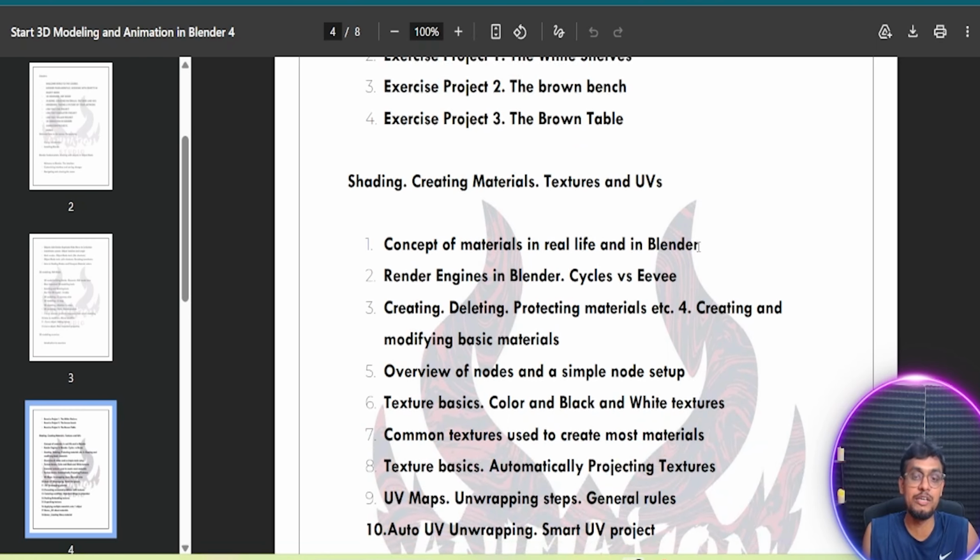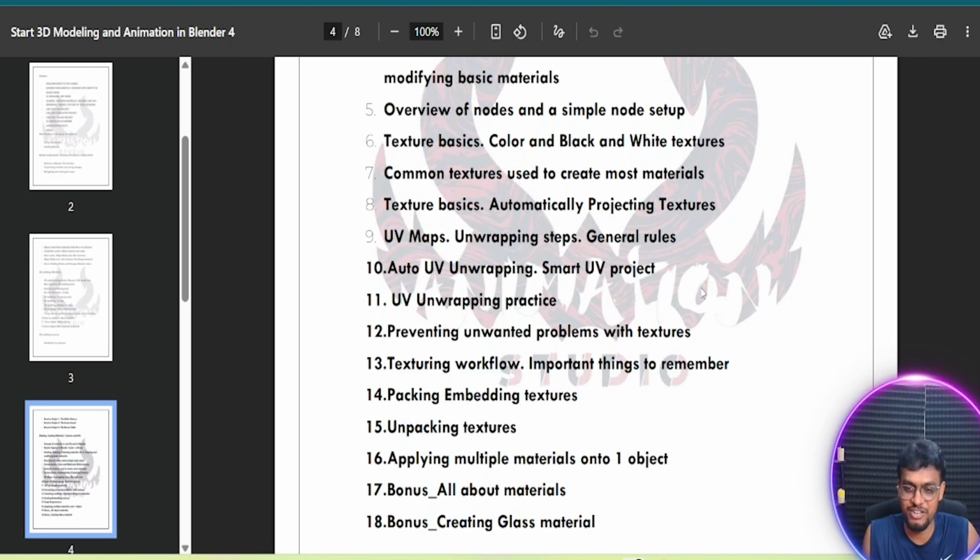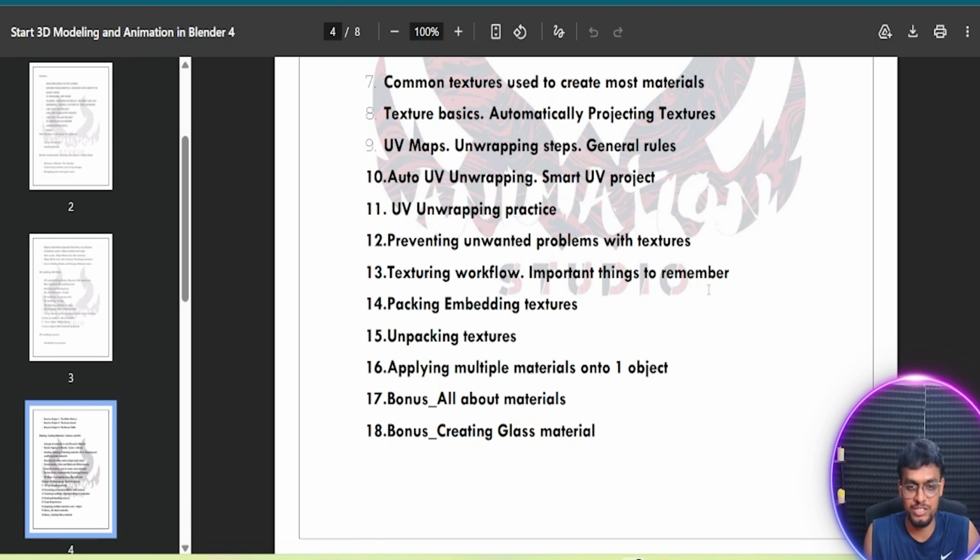creating materials, textures and UVs, concept of materials in real life and in Blender, rendering engine in Blender, Cycles versus EEVEE, creating, deleting, protecting materials etc., and creating and modifying basic materials, overview of nodes and simple node setup, texture basics, color and black and white textures, common textures used to create most materials, and texture basics, automatically project textures, UV maps, unwrapping steps, general rules, auto UV unwrapping, smart UV project, UV unwrapping practice, preventing unwanted problems with textures, texturing workflow, important things to remember, packing, embedding textures, unpacking textures, applying multiple materials onto one object, bonus